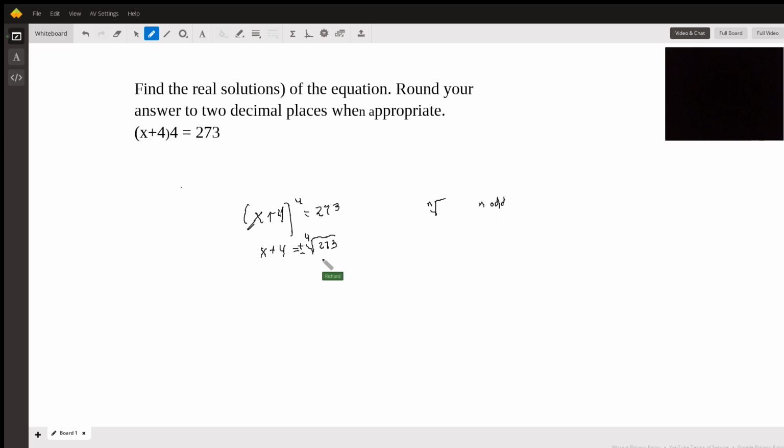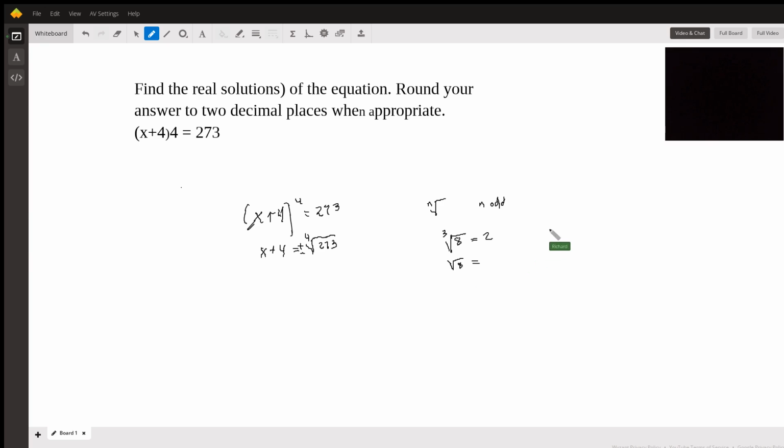But when n is even, there's going to be two answers. So for example, the cube root of 8 is always going to be 2. But the square root of 8 is going to be,